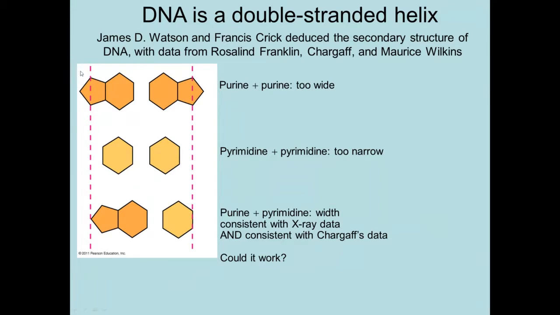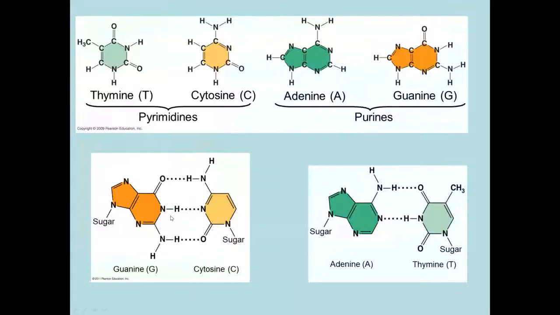That would give us the diameter of that helix, wouldn't it? So based on what Chargaff said and the X-ray data, they suggested maybe a purine was pairing with a pyrimidine, right? So an A with a T or a G with a C. So they looked a little more at the chemistry. Could that really work? Well, we know now there's possibility for hydrogen bonding between G and C easily,